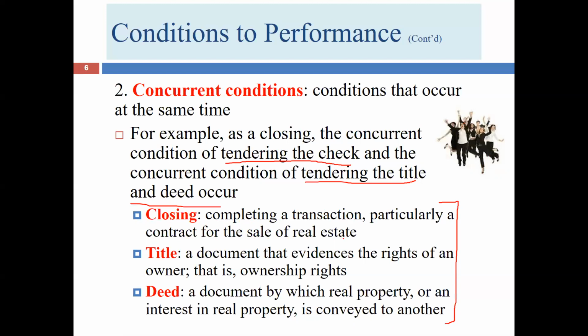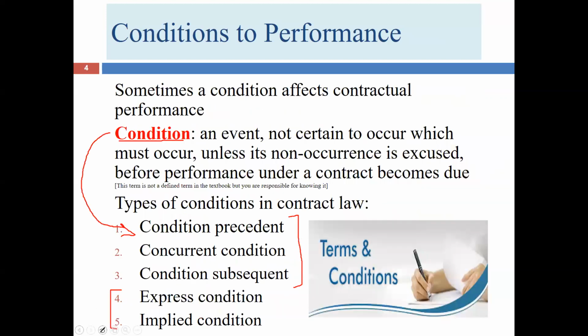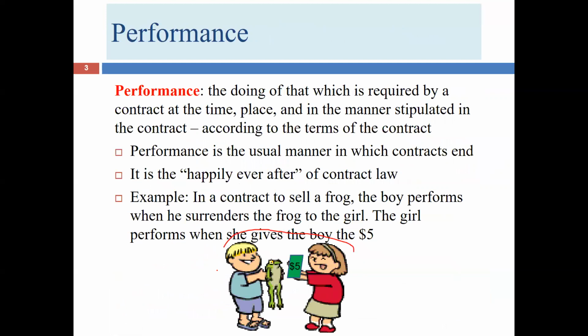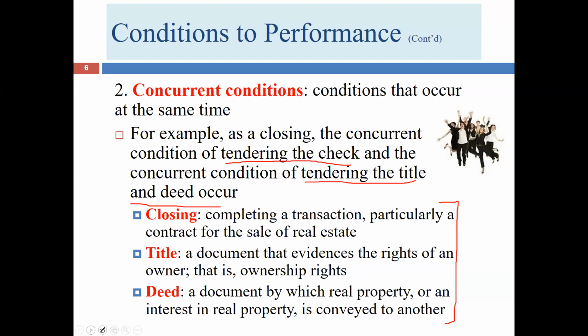There are other types of closings, for example, a business deal, the purchase or the merger of a business. We would call that a closing. But real estate closings are also another category. So the closing means to complete that transaction. We don't typically use that type of language when we're looking at, say, this. We don't call this a closing, although we could. It's just not commonly done.